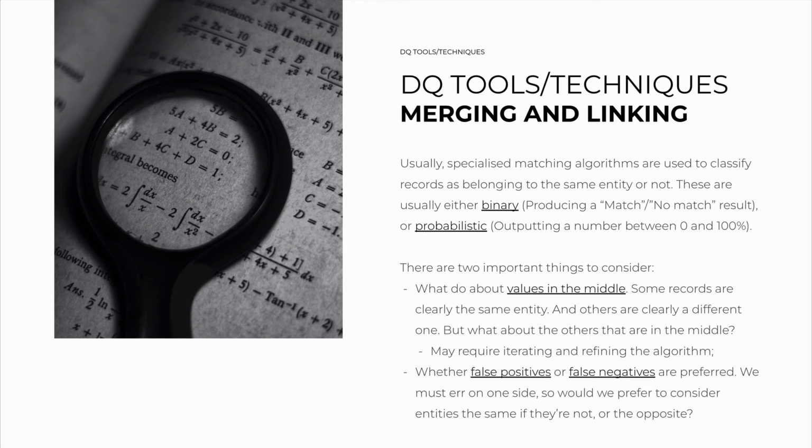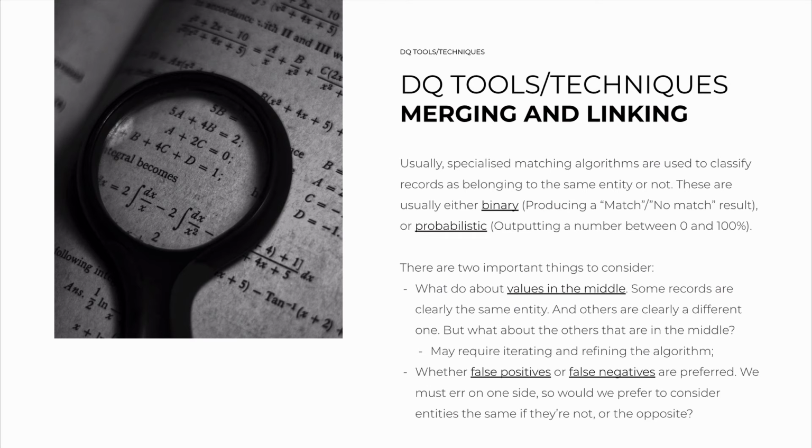For example, if you're dealing with laboratory data, you may prefer false negatives. That is, you don't want to risk different clinical trials being considered the same under any circumstance. It would be preferable that even data about the same trial is considered different, and then someone goes in manually and merges it by hand, rather than accidentally considering two trials the same and merging those data, which can have